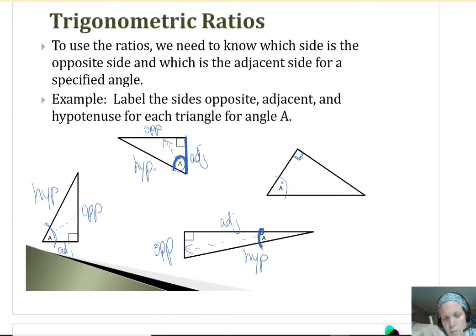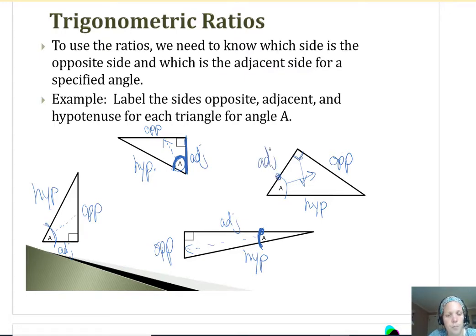doesn't meet like the floor. It's not like a floor to ceiling situation, it's turned around weird. So the hypotenuse is actually the bottom across from the 90 degrees. Opposite will be across from the A, so that's the right side, and then adjacent is the one right next